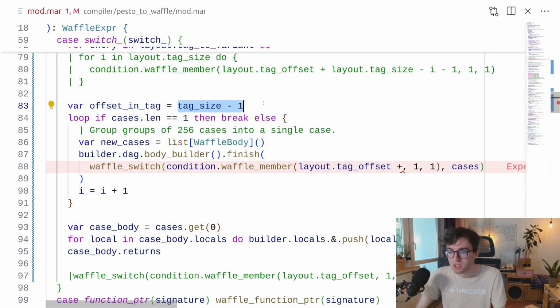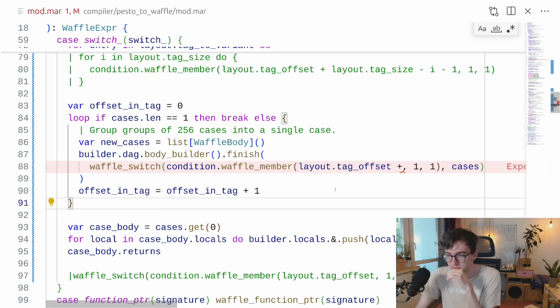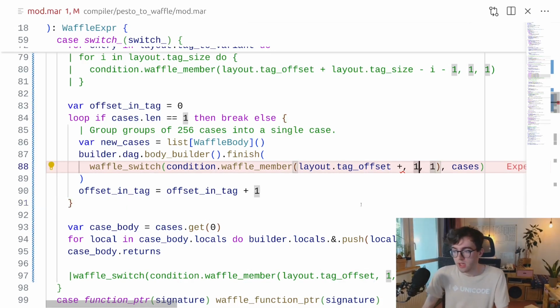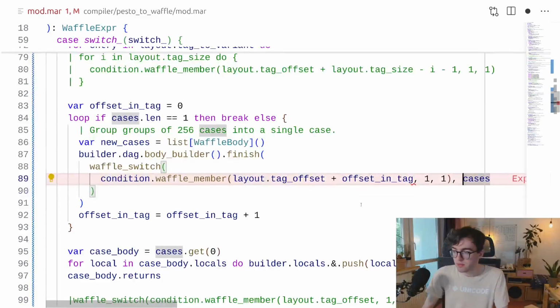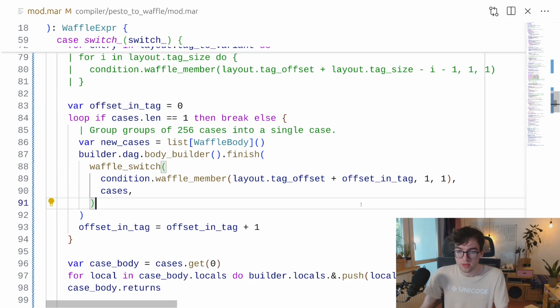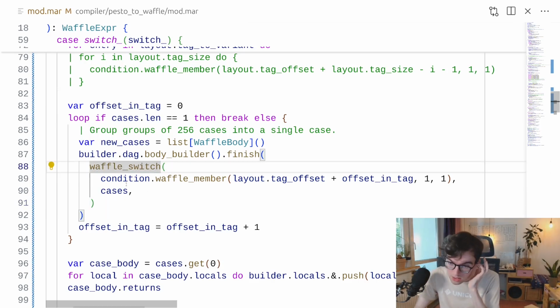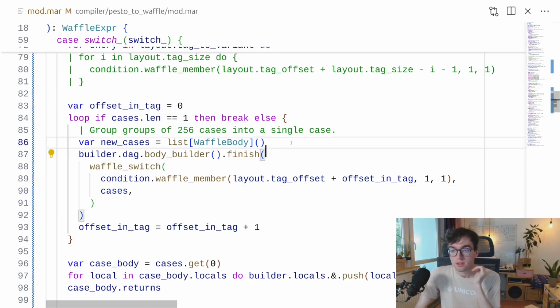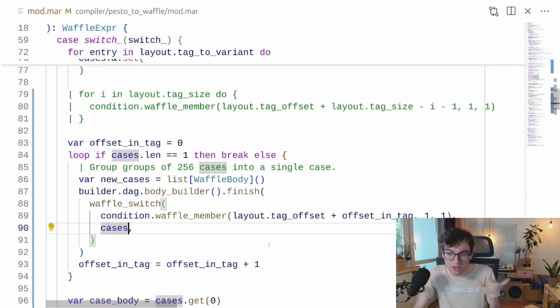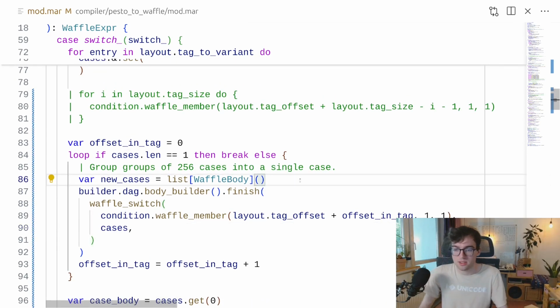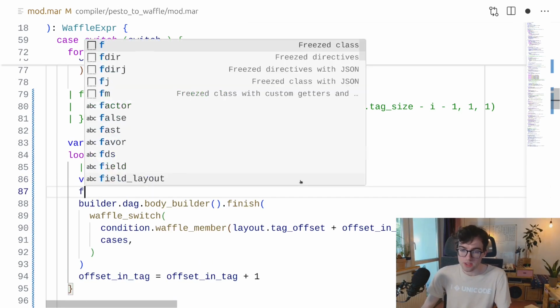No, actually we start at 0, I think. Yeah, the tag offset plus the offset in the tag. And then in here we will have the sub range of those cases that are relevant to that tag. So basically for